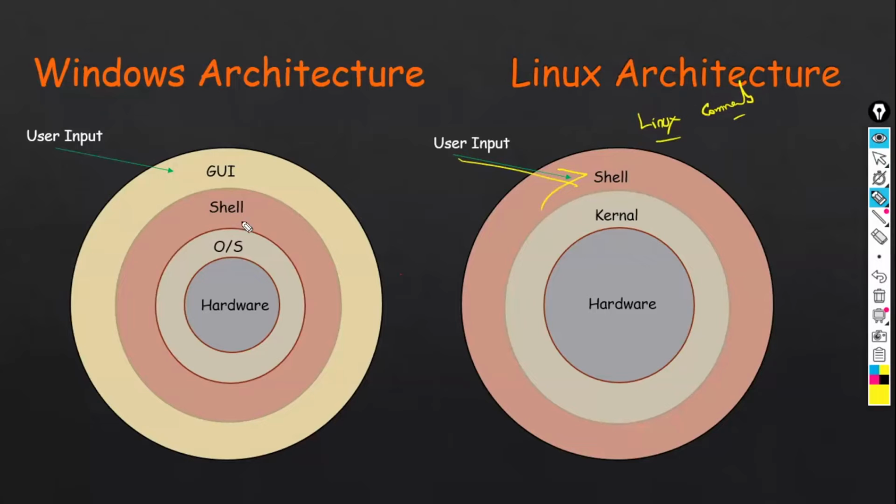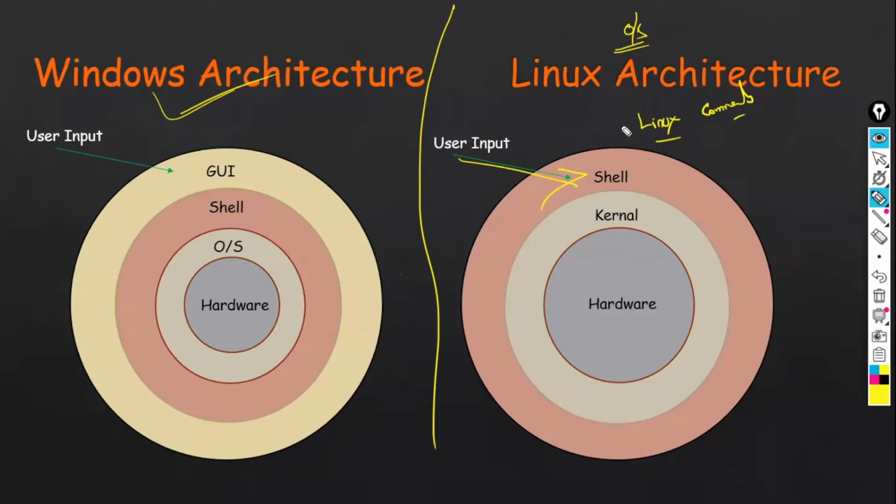But in Windows, even if you don't know the commands, you can interact with the GUI and work with the Windows operating system. That's why people learn Linux to interact with the Linux OS. People will learn a Linux course, but people will not learn a Windows course, because Windows is very easy. It is user friendly. By looking at the console GUI, you can understand and deal with it.